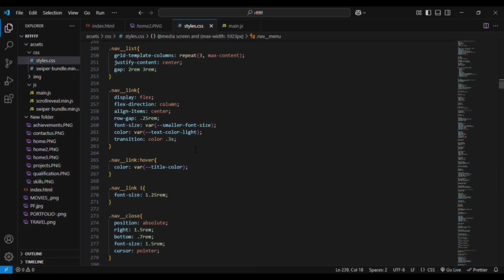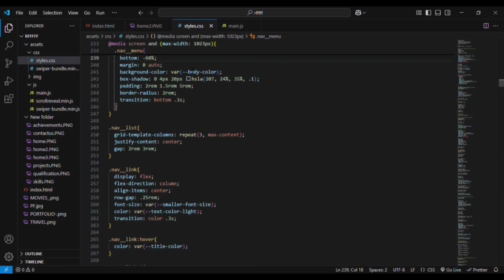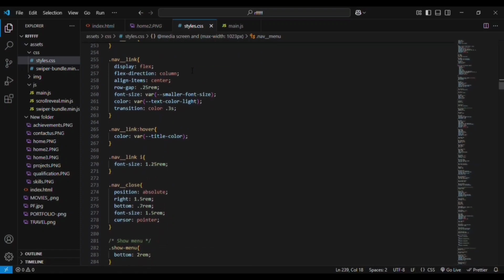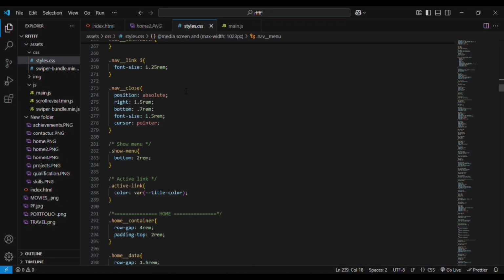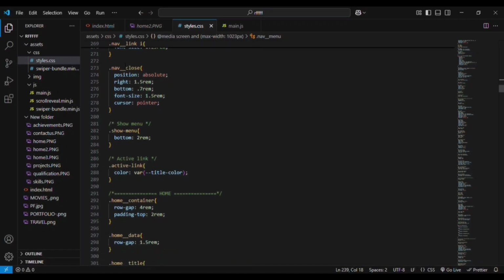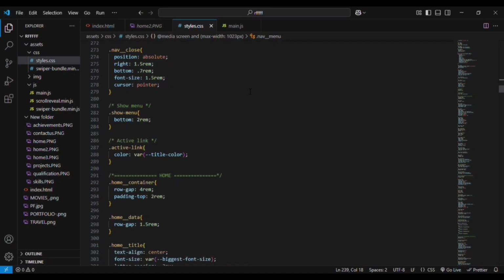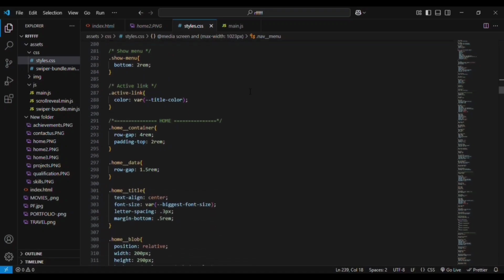So for that purpose only we are given bottom equal to minus 60%, and you can see nav link hover we are giving color, and for the nav link i tags we are giving the font size. So this nav link close is nothing but whenever you click on the cross icon will be visible to you. So whenever you click on it, it will close the nav element automatically. And show menu, because we are adding the bottom,